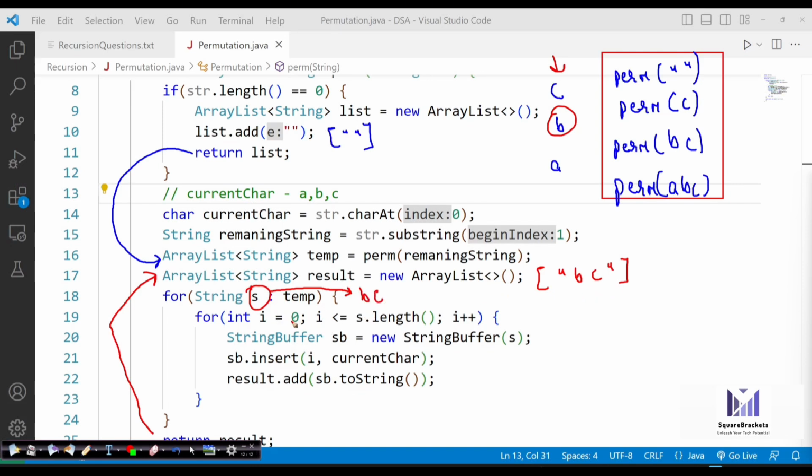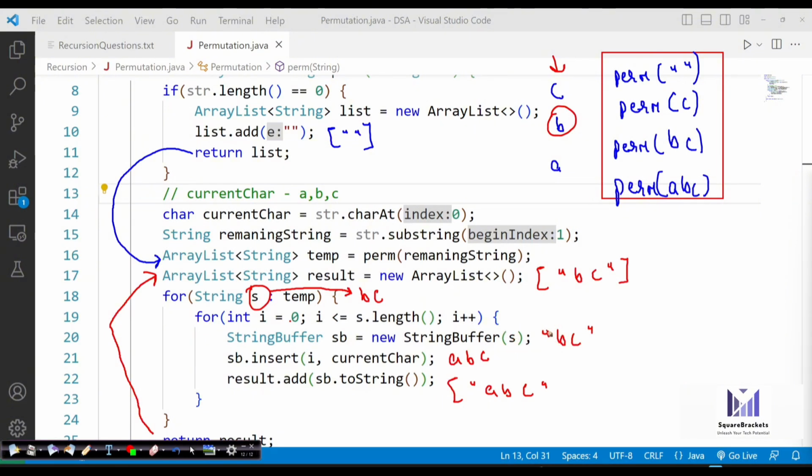Actually 0, 1, 2, it will be executed 3 times, for 0, for 1, and for 2. So the string buffer will contain BC. Now on index 0, just store the current character, so that becomes ABC. So ABC is stored in my list. In the next iteration, i becomes 1.